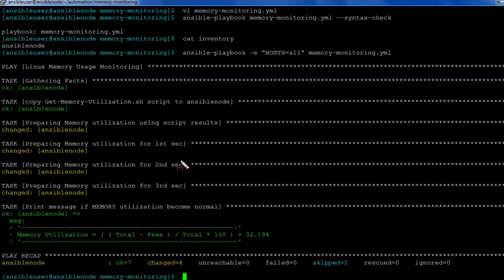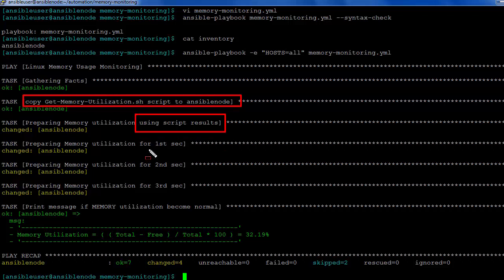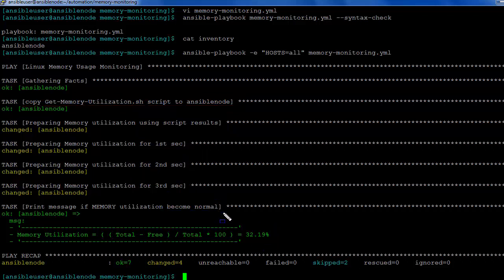So you can see here, in the first step it copied the script into the server. The second step, it is executing the playbook for the first interval, and then the second and third like that. So each and every time, all 4 intervals get executed. For all these 4 intervals, the memory utilization was less than 90%. That is the reason it is printed as normal. Okay, scenario 1 is completed. Now I am going to explain scenario 2.